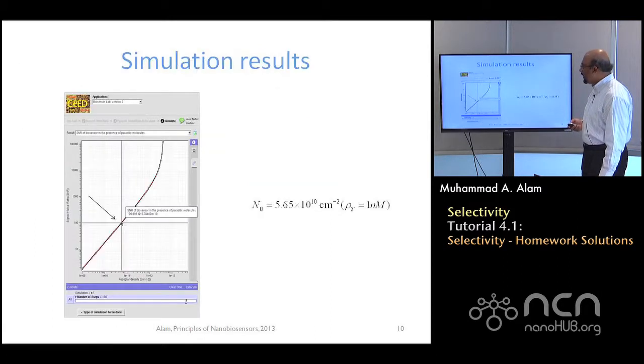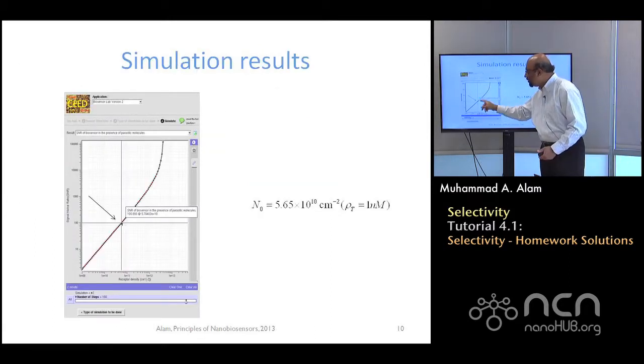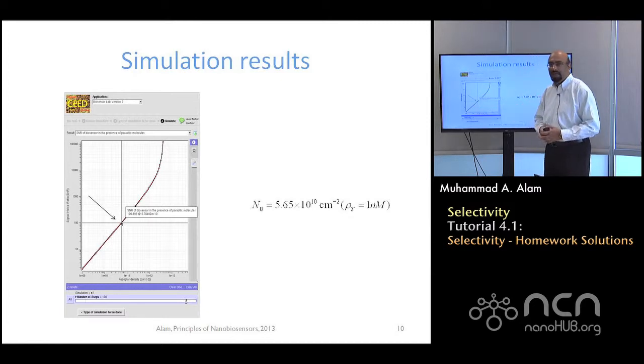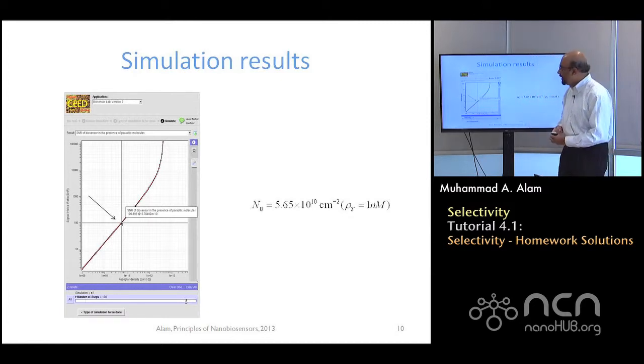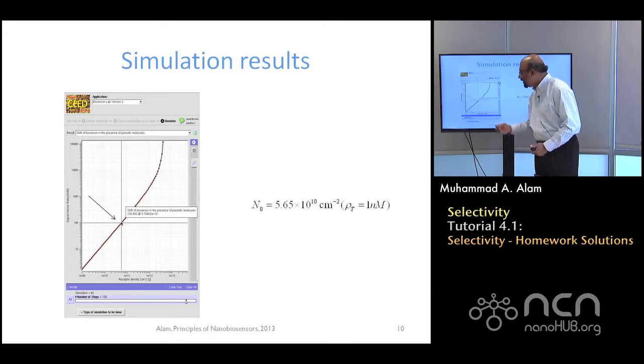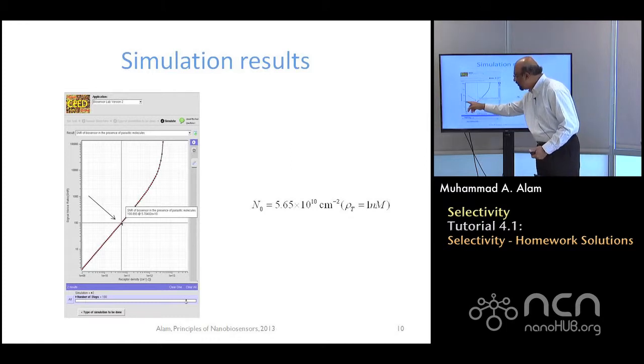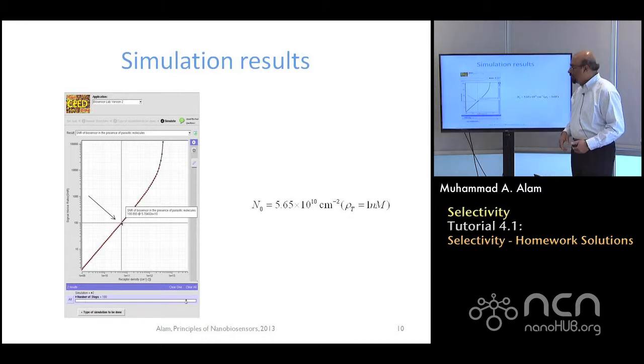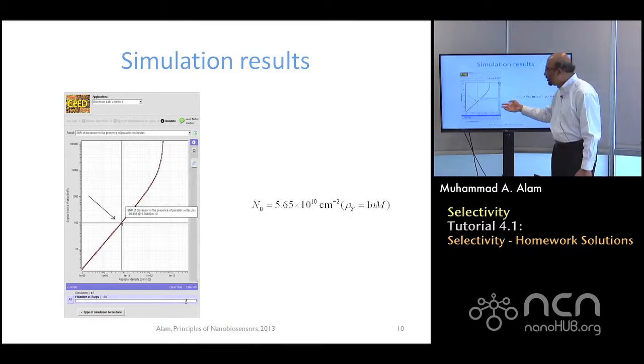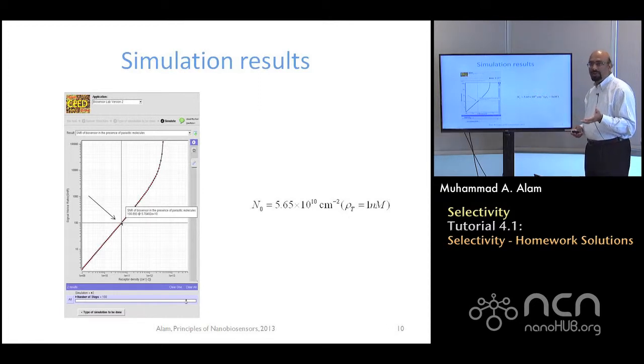Okay. And if you do the corresponding simulation, you will see that you would get about the same number. This was done by this analytical calculation, 5.6 times 10 to the power 10. And in this case, you see for a signal to noise ratio of about 100, you get about the same number. And the important thing is that the higher the number, the better is our ability to selectively bind to this surface. So signal to noise ratio would be much better.